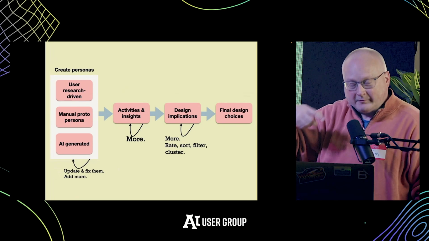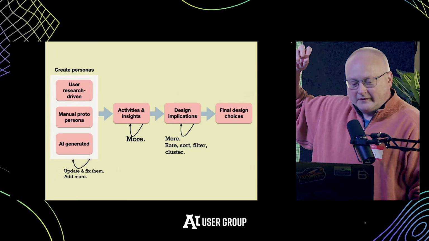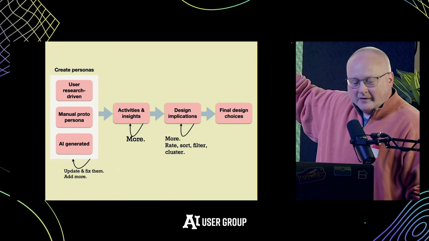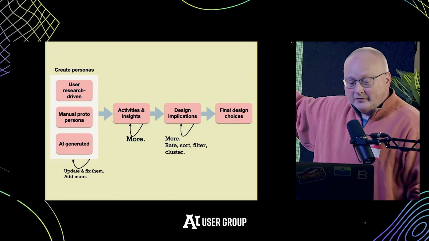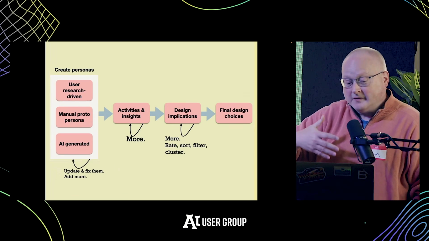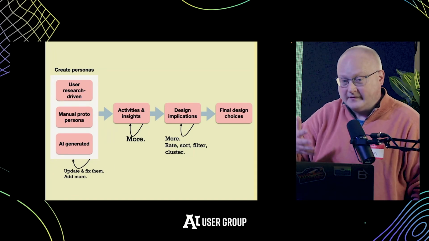And by the way, I'm going to show you some more concrete personas in the next couple slides. The second example is a manual persona called a proto-persona. This is where you just kind of guess: this is what I think a representative user in my target audience would be like. And that's actually quite common, that people make these proto-personas. And you can imagine, because you're not actually basing it on user data, there's a lot of uncertainty in creating those. And then the last one is AI generated.